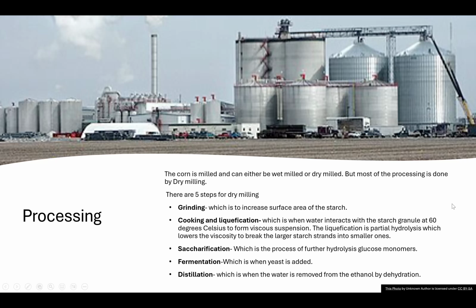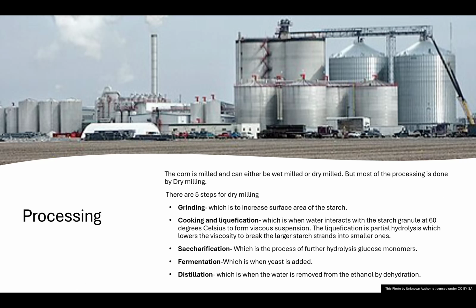For the corn processing, there are 5 steps, and the corn is milled. It can either be wet milled or dry milled, but most of the processing is done by dry milling. There are 5 steps for dry milling, which is grinding, which is to increase the surface area of the starch, and then the cooking and liquefaction, which is when the water interacts with the starch granule at 60 degrees Celsius to form a viscous suspension. And then the liquefaction is partial hydrolysis, which lowers the viscosity to break the larger starch